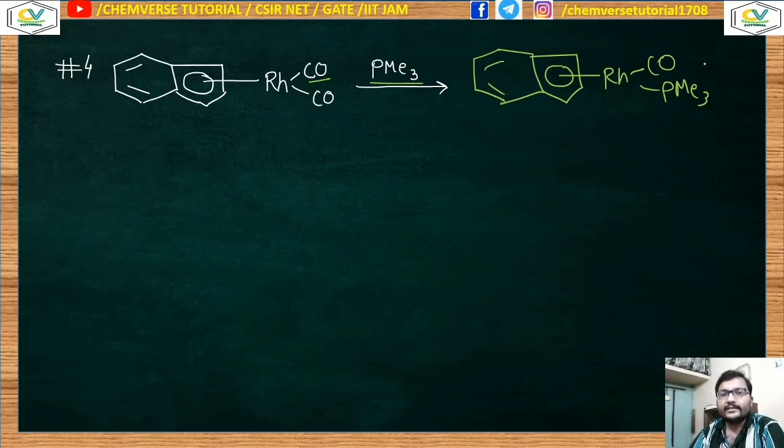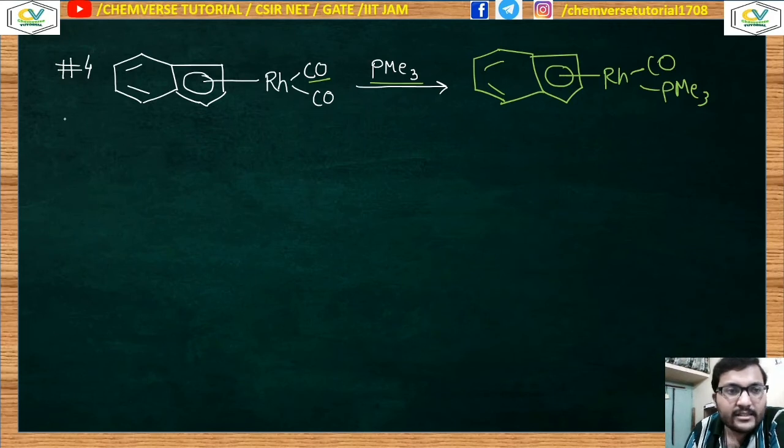Now this is the right answer, but for your examination purpose, knowing the product is not always helpful, because you can find an option asking what the mechanism will be. What will you do if I ask you the mechanism of this substitution, whether it is dissociative or associative? Now you will go for the electron count.